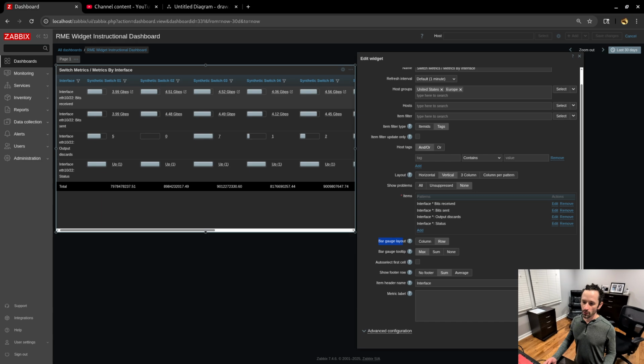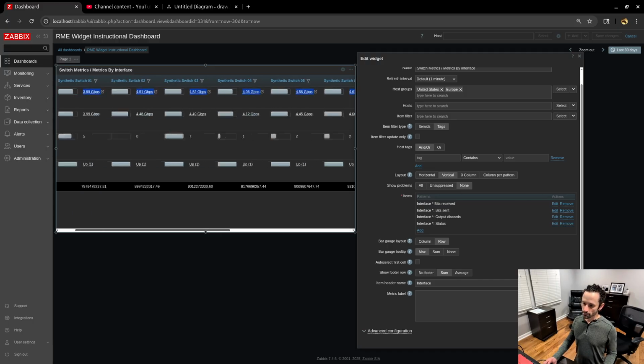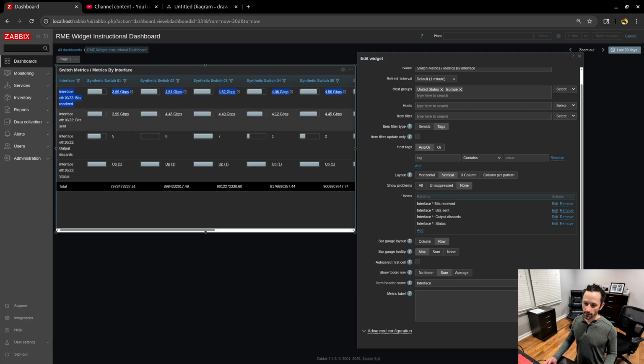So it can show you, again, because top items is supposed to be comparing similar item values across many hosts. So in the vertical layout, our values go horizontally across the table, right? So all these values in this first row, those bar gauges are being compared to each other, okay? And then in the next table row, same thing. This table row, all of these values are being compared to each other and the bar gauges are being shaded